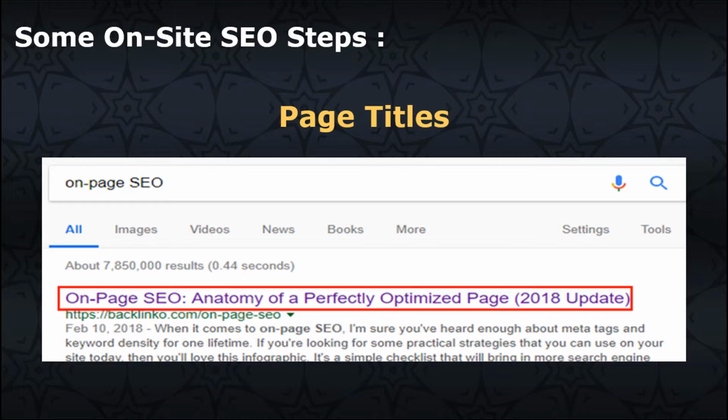Page titles. Do include one of your target keywords or phrases so it's easier for searchers to identify that your results are relevant. Also, for your website page titles, try to keep it below about 70 characters. Position keywords towards the front of the title to lower the risk of it getting cut off on search engine